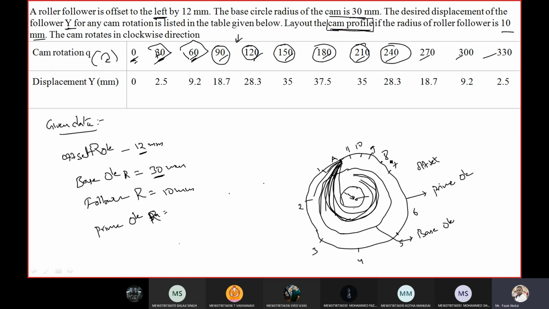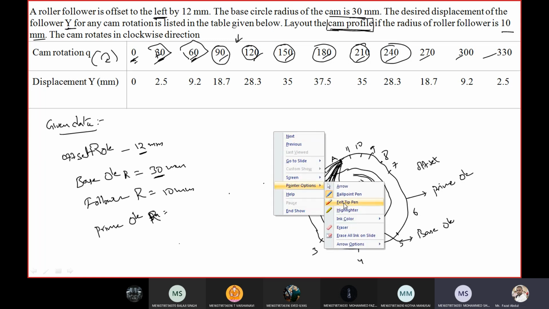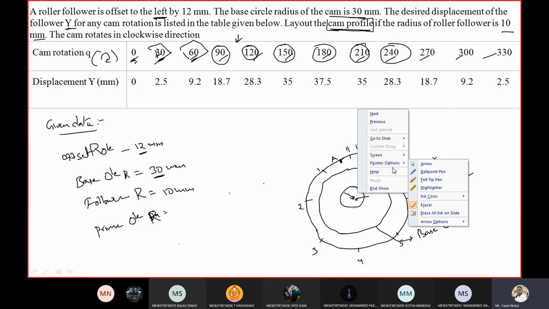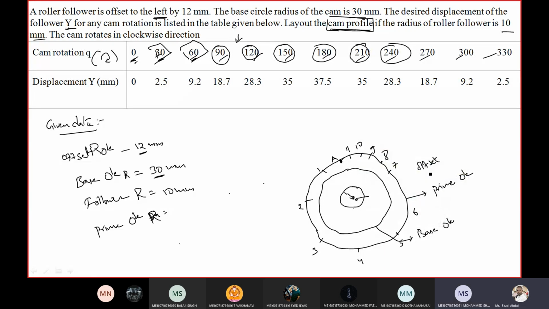Sir, how can we do that with a protractor? It will be very difficult, right, sir? Each and every angle, because the protractor has only 180 degrees, sir. After that, how should we do it, sir? You need to purchase a round protractor. A total 360 degrees protractor is there, that you need to purchase.